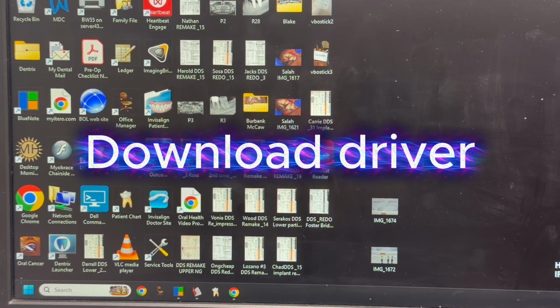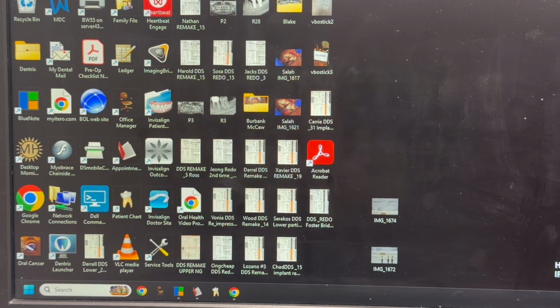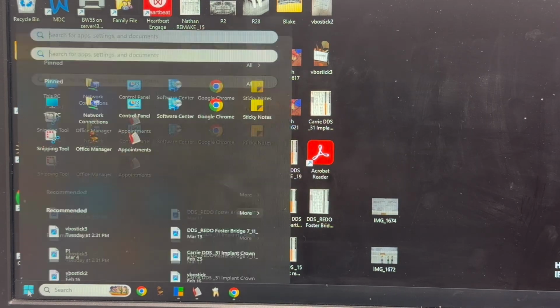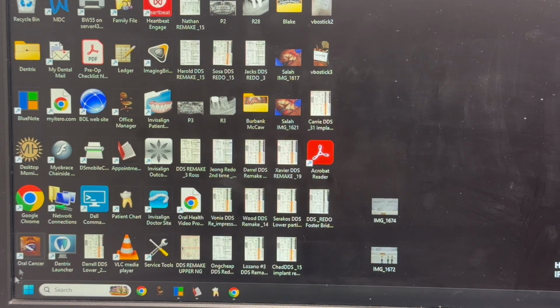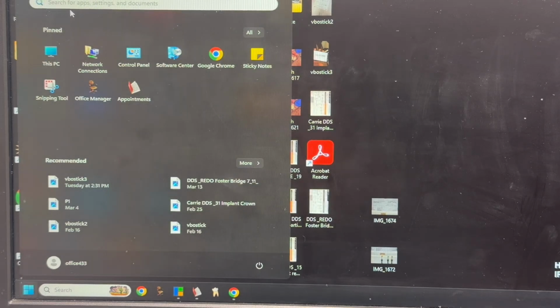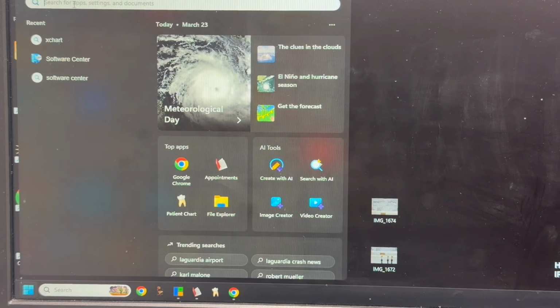Okay, in order for us to actually have the monitor speak to XChart through our Heartland computer, we're going to need to install a driver. And drivers are a little bit harder to install with our computers, but the IT team has helped us here. They've allowed us to have a pathway to get it in. So we're going to have to go on the left side, on the very bottom left. You're going to hit this little window that's going to expand. And then what you're going to do is type Software Center